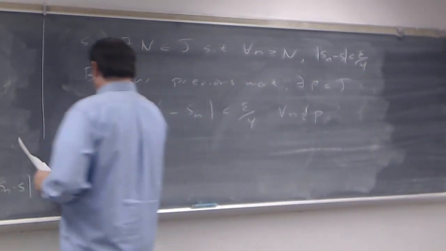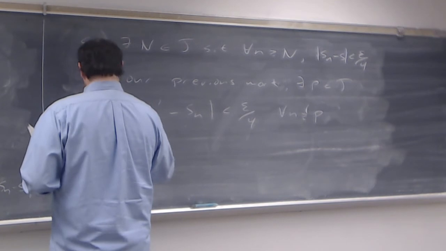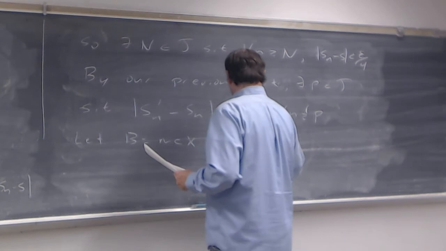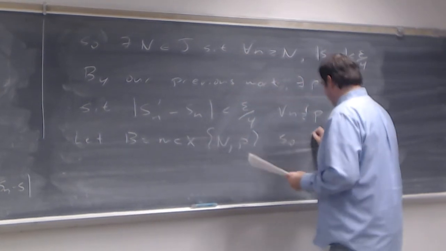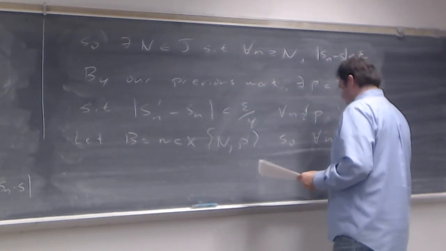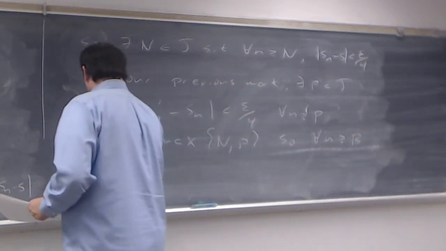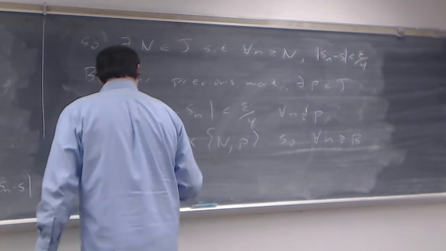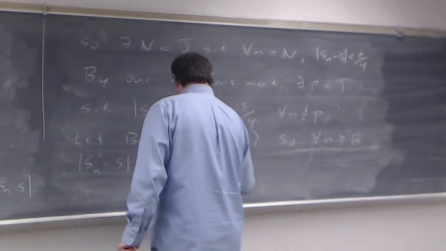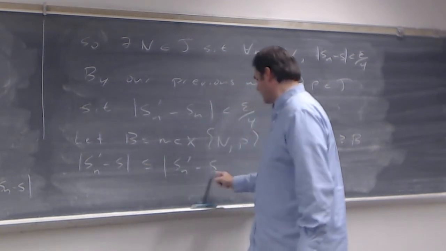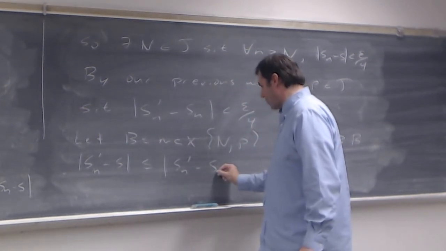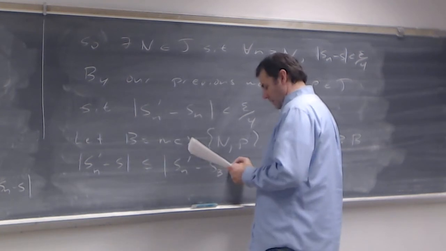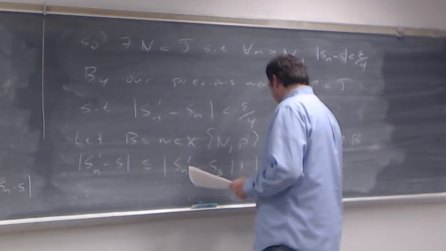And then, to make sure that both things happen, we let b be the maximum between big N and p. Okay. So, for all n bigger than or equal to b, we have that the absolute value of s of n prime minus s is less than or equal to, here it will be s of n prime minus, well, we had s of n, but I could pick any n I wanted. We'll say b is my n that I'll pick, plus s of b